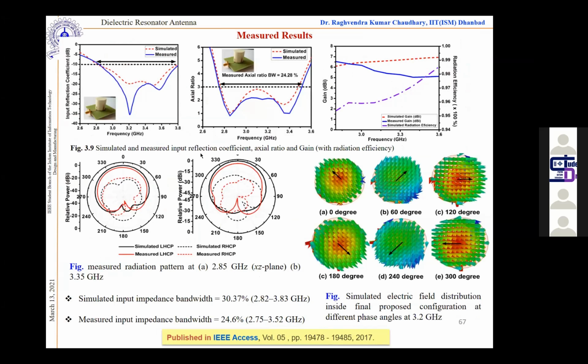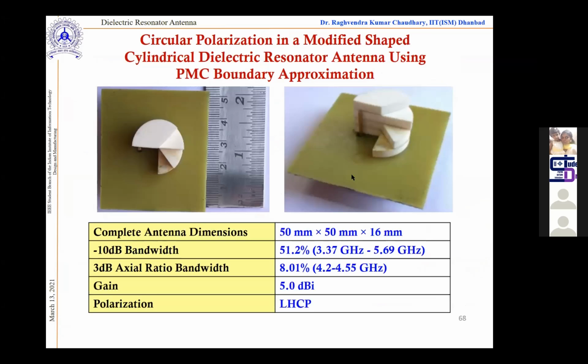So finally we measured all the things, and what we found is very promising compared with the simulation. It is working in the sub-6 gigahertz band and providing a sufficient axial ratio bandwidth, around 24%, and the gain is also as you can see here. Now this is a recent contribution from my lab. So here we made some